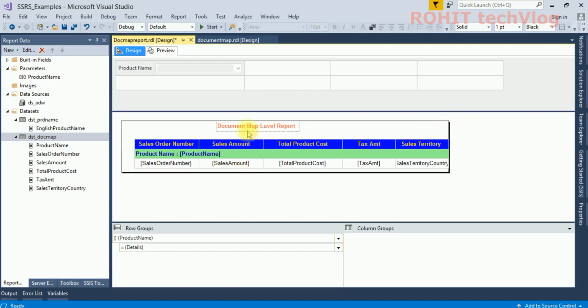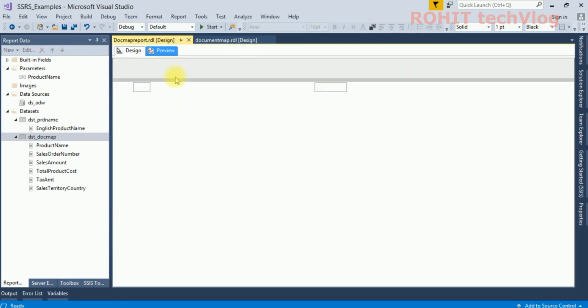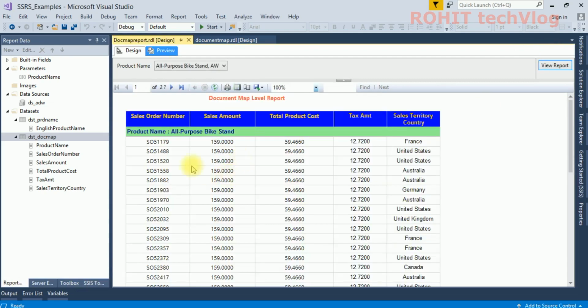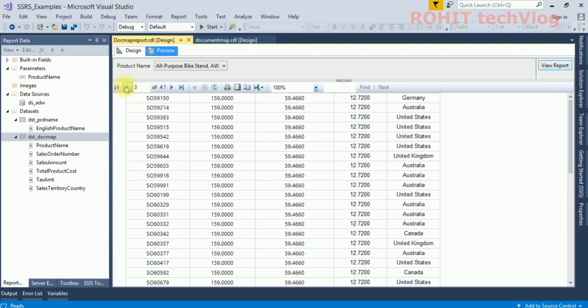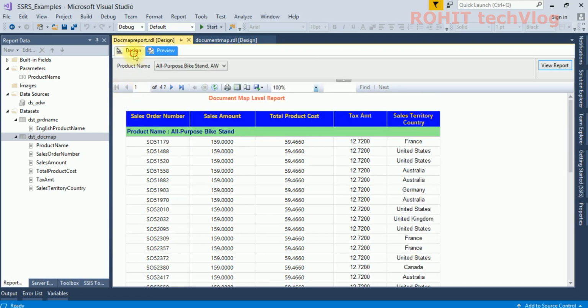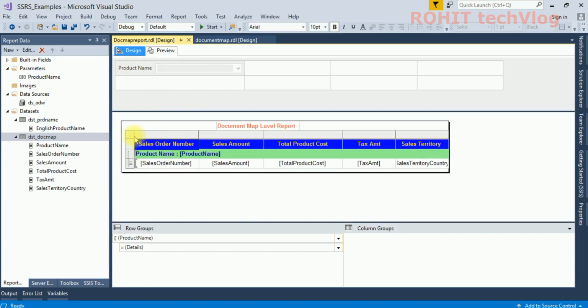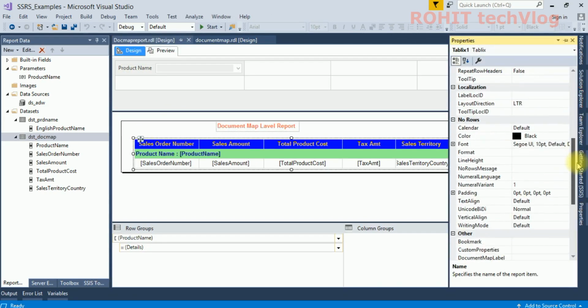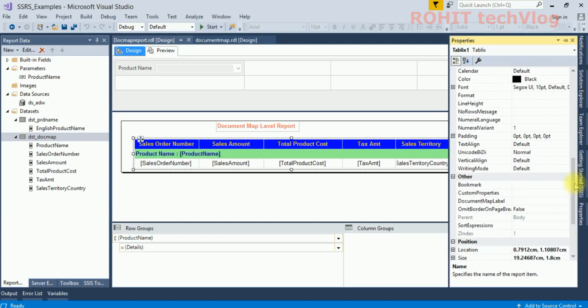Now the next part is we need to configure the document map. If you run it, you can see the report is coming fine, but the navigation pane is not coming here. To do that, first click on the report table and go to the properties. In the properties, go to Other.